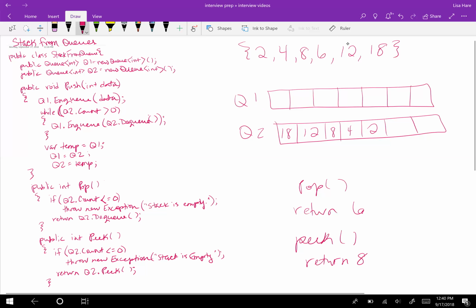All right, and let's say we wanted to pop, we would end up returning 18. And then if we wanted to peek, we would return 12. All right, it looks like it's working. So all the operations for push, pop, and peek happen in O(1) time. Well, actually, for the push, it would be